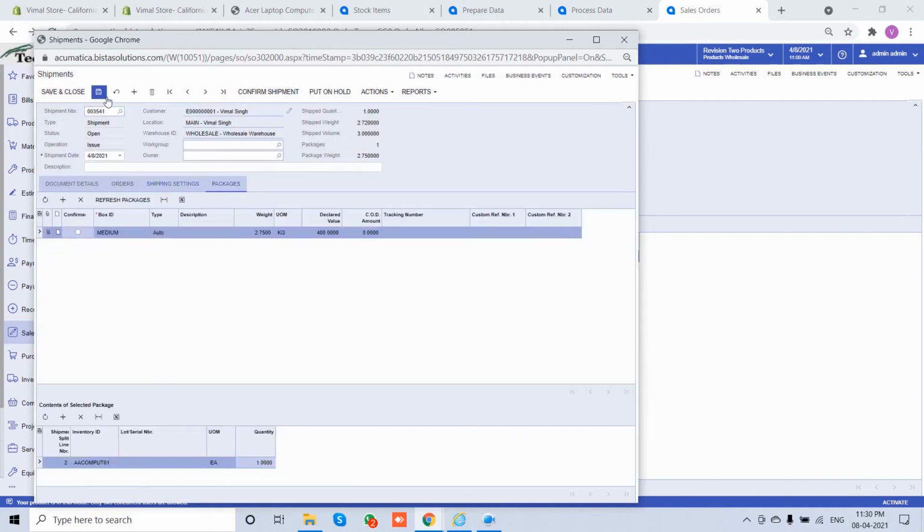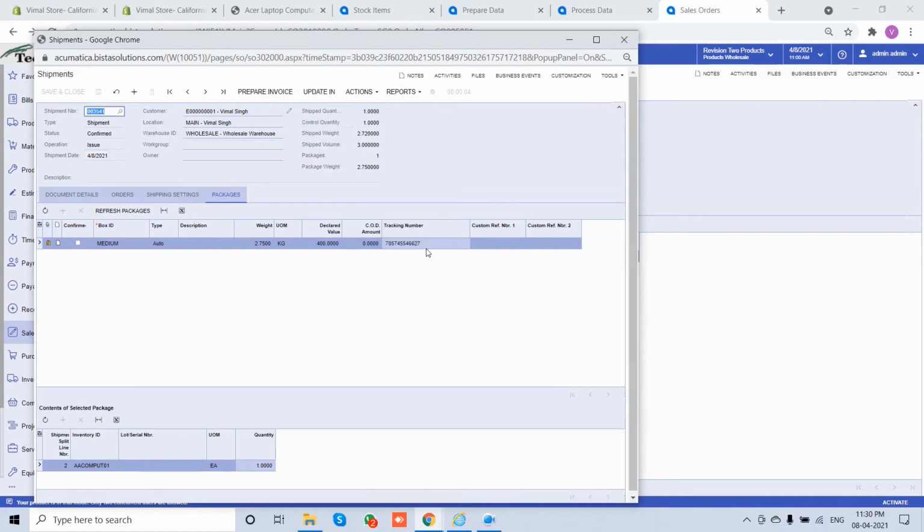And now since everything is in place, let's confirm our shipment. So before confirm, we focus on the tracking number. So once we confirm the shipment, system will automatically generate a new tracking number. So a tracking number has been generated automatically.